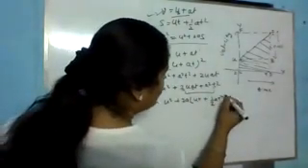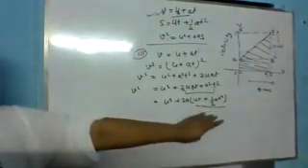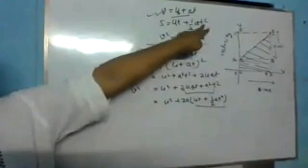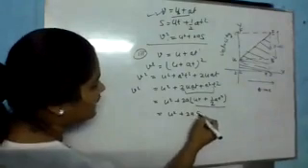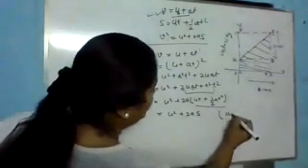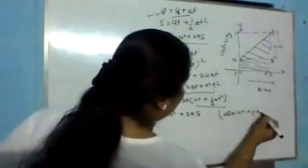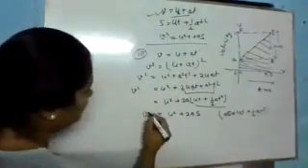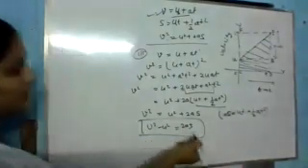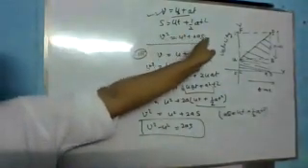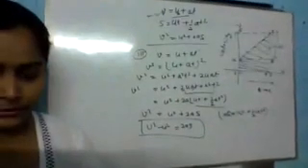1/2 at square. Now you can see this is your second equation. Is that so? ut plus half at square is your second equation. To bring it into this format we did this: u square plus 2a times s. Now we can simply put the value s equals ut plus half at square. So v square, now this is your third equation. v square minus u square equals 2as, or v square equals u square plus 2as. This trick is clear to you.